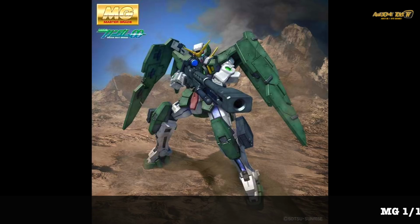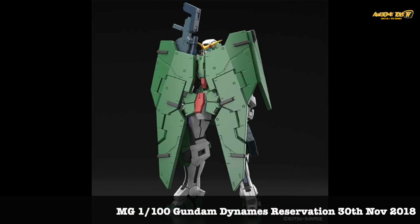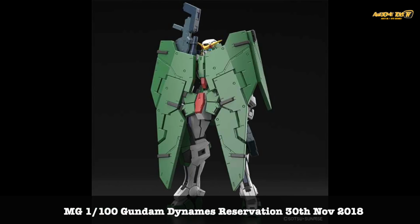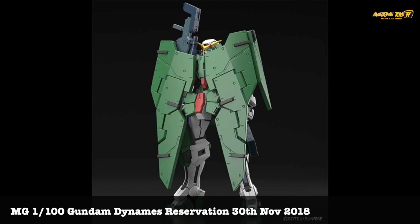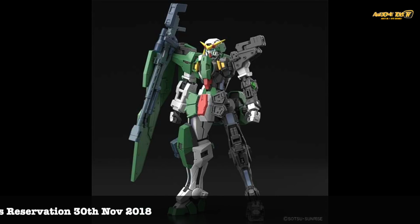This is hot off the oven as Bandai just released the official pictures of the Master Grade Dynames in all its full color glory. And we do have to say, the shade of green and also the red that's used for the Dynames here looks quite anime accurate. Quite like the number of details that's going in there, color separation looks great, and of course the reflective strip that's been used in the XCR makes a return in the Master Grade Dynames as well,